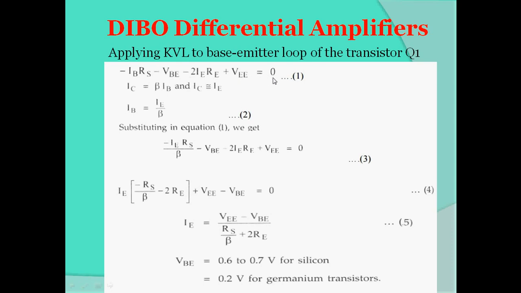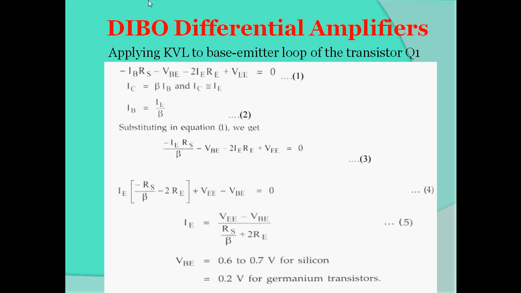In this circuit, as we have used the emitter follower circuit, what we want to say here is the collector current IC will be represented as beta into IB, and hence IC is approximately equal to IE. Because of the emitter bias circuit, we can write IC is approximately equal to IE.